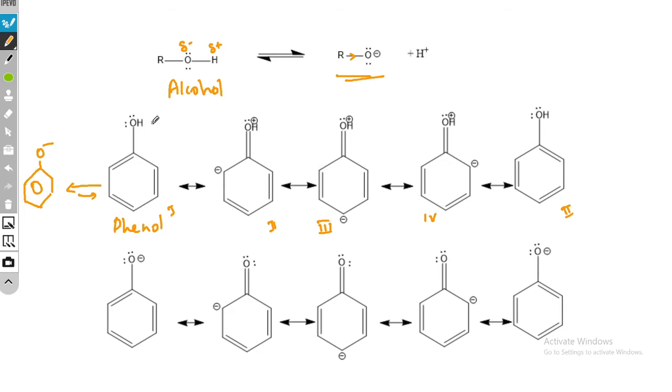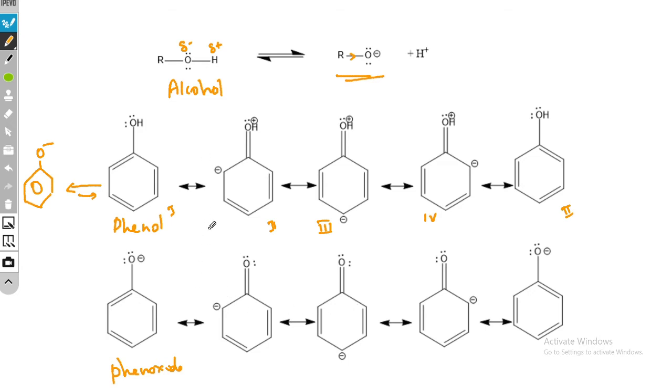But after removal of this proton to form the phenoxide ion, if you see the resonating structures of this phenoxide ion, there is only one type of charge. Here there are two types of charge, so there is a charge separation. So that will be higher energy and less stable as compared to this, because here there is only one kind of charge, and this negative charge can delocalize between this oxygen and all these carbons. So it is more dispersed and more stabilized.